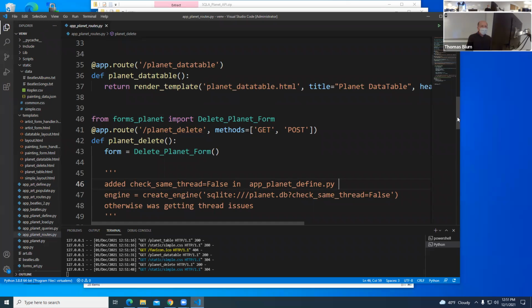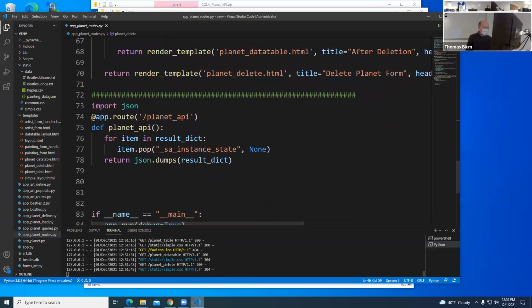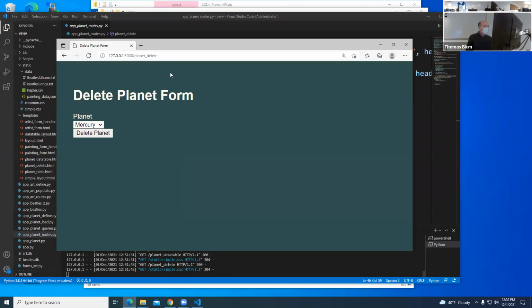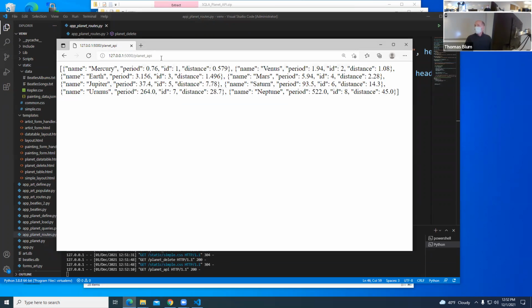I have an API route. And it produces some JSON. That's what we mean by an API, a website that spits out some data in some kind of JSON form. So we have a list, so it starts with a square bracket, so that's a list.